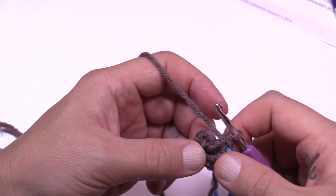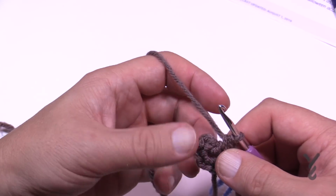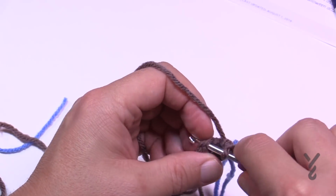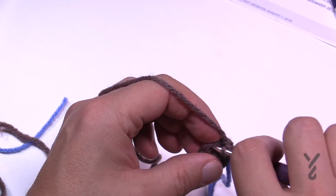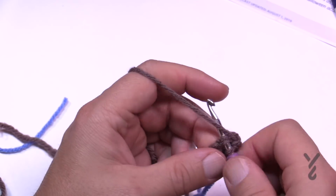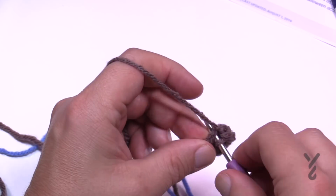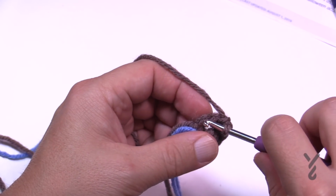Right where we are, we just finished round number 1. You can count to the 6th one back if you're not sure where to start here. So 1, 2, 3, 4, 5 and 6, and you're just going to apply 1 single crochet in each of the stitches going all the way around to where that stitch marker is. And this is closing in the top of this stem, and when I get to the stitch marker, you know that all the stitches are complete,